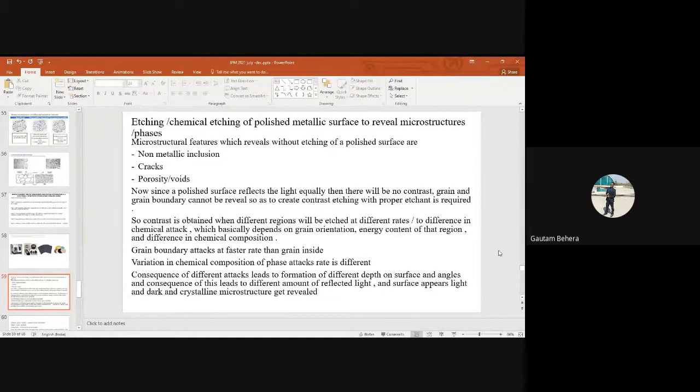Due to the difference in depth, the light falling on it will get scattered along the grain boundaries, but on the grain it will not get scattered. So much of the light which falls on the grain will come into your eyes, but the light which falls on the bigger depth area, the grain boundary, will get scattered away. It will not reach your eyes. In this way there will be a contrast. The grain boundary will be visible as a darker region, but the inside of the grain will be visible as a lighter, brighter region. So that brings a contrast, and you can see the grain and grain boundary.